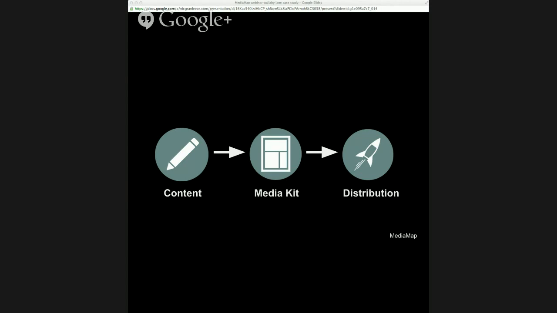So the process that Jolyon has used to get his project out into the world is a 3-step process, and it goes through creating content, then creating a media kit, and then distribution, which is contacting different publications and asking them if they want to publish a project. So we're going to walk through that process and show you what's involved, and also give you a bit of the background idea of why this is very different to how media probably worked, let's say 20 or 30 years ago. We're really trying to engage with the online world far more now.